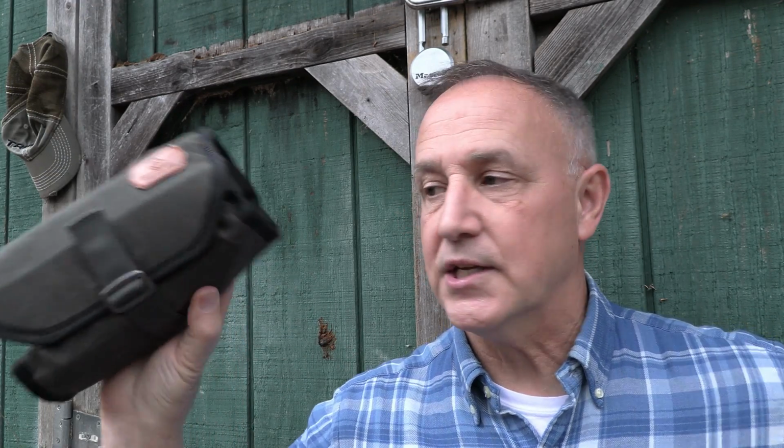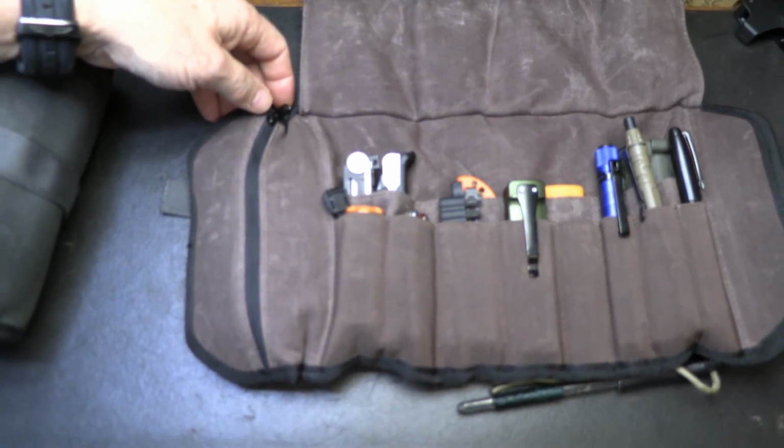Going to go through a couple of these pouches. I think it's going to be kind of cool just to see some of the things that are in here. This is, now there is a,